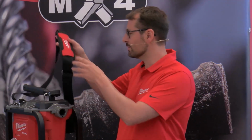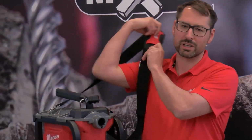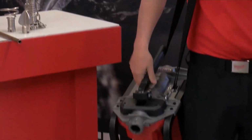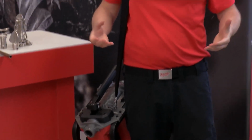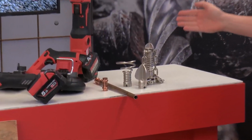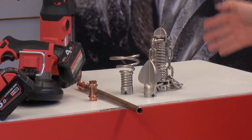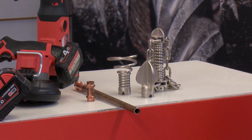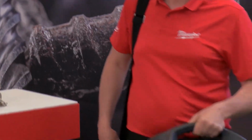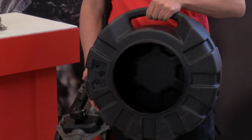This is a very lightweight tool, and I just want to show this to you. Every tool is supplied here with a shoulder strap. I can easily put it around my shoulder. I can take my tool, and then I have two hands free to operate with. This means I can take my heads here, and we have a wide offering of heads, from spade bits, retriever heads, also over chain knockers here, every head a user needs, as well as cables. So in my second hand, I can carry my drum with my cable,